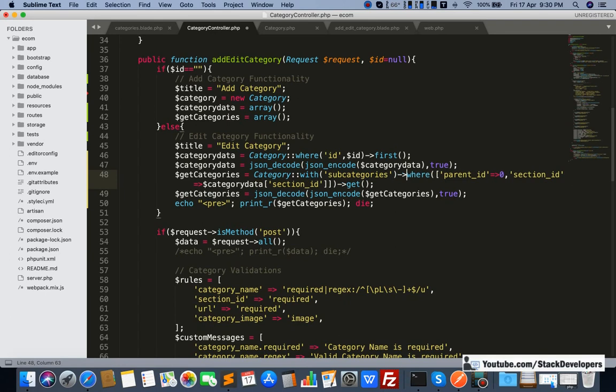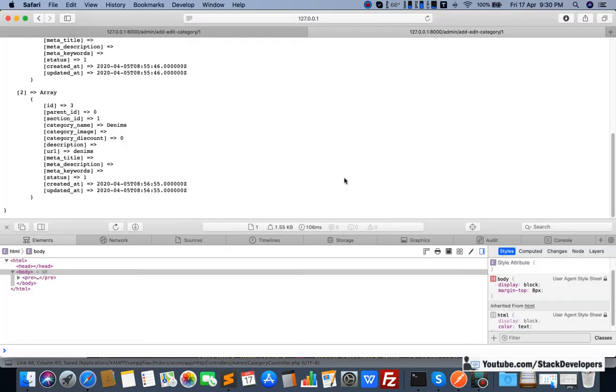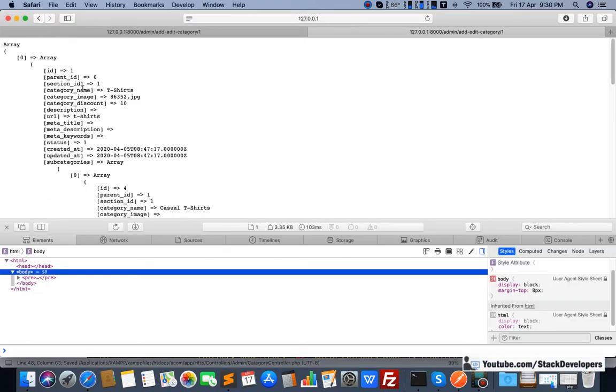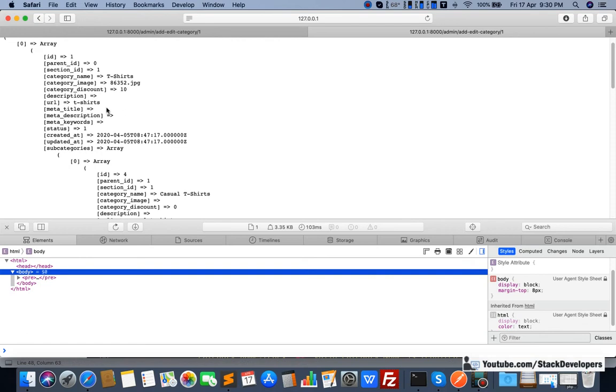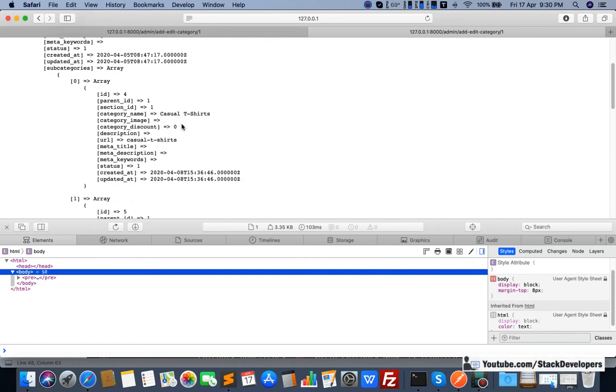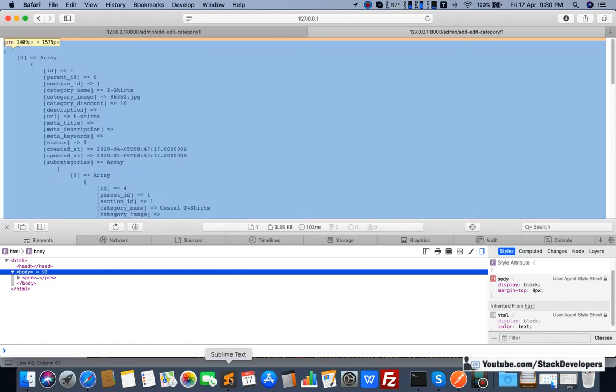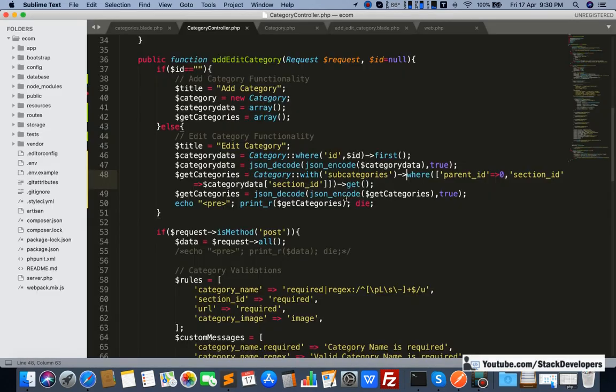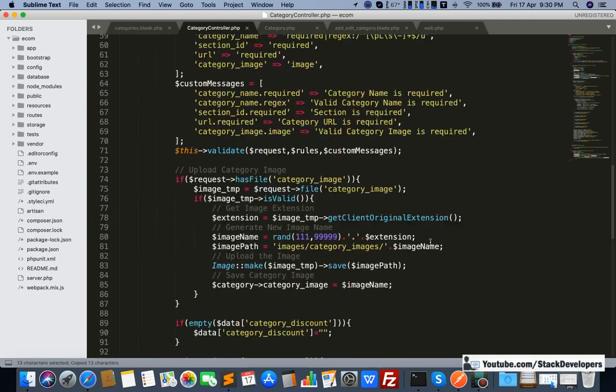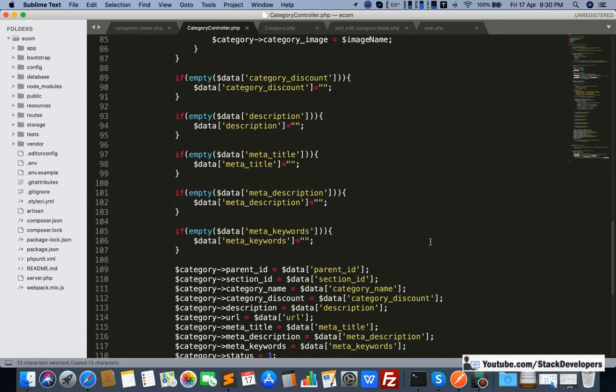Now we are going to check. See here, now it will show the category t-shirts, and along with it the subcategories casual t-shirts, formal t-shirts. So both will come, category as well as subcategory. And these categories we are going to use in our add edit category form.